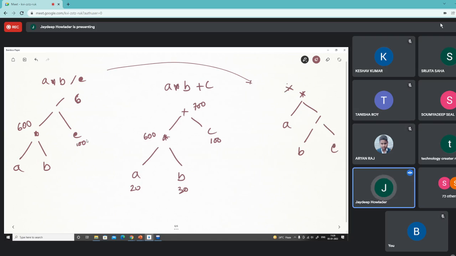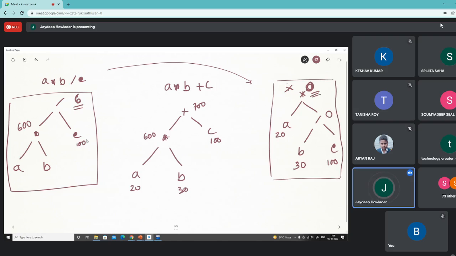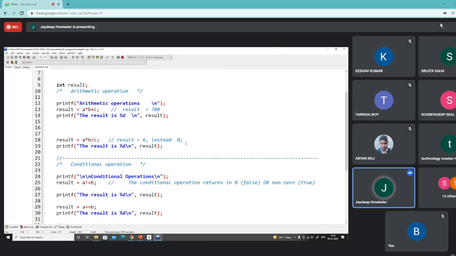Okay. So where this one is what? 30 divided by 100 gives me 0, and multiplying it with 20 gets how much? 0. Okay. So if we perform the operation in this way, we have a result of 6. Otherwise, if we execute the operation in this way, the result is 0. But the compiler always executes the left hand side first. It does not execute the right hand side first, because we have a rule which says that if we have the same precedence operations, the left hand side will be executed before the right. Okay. You understand this point?